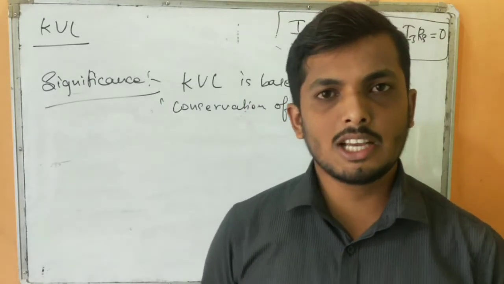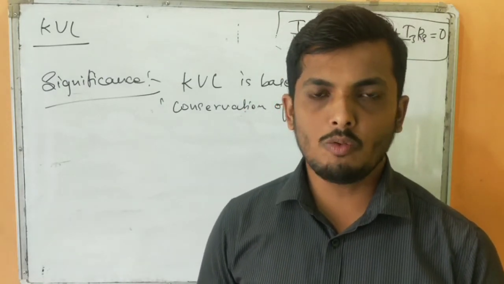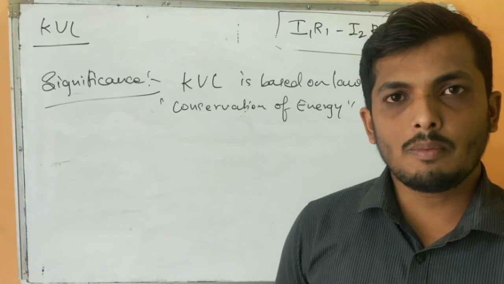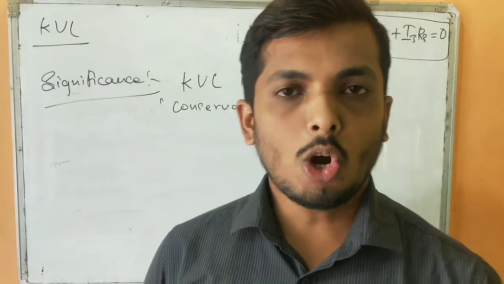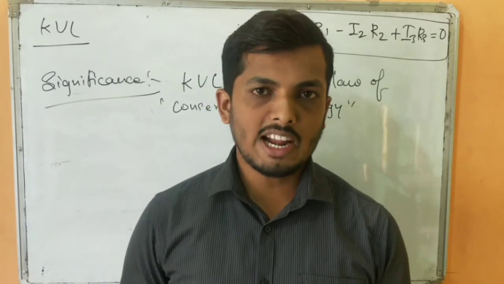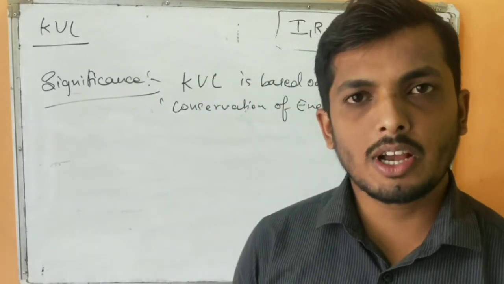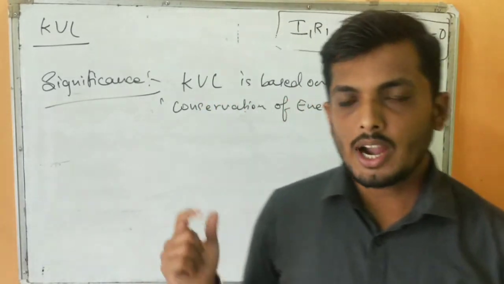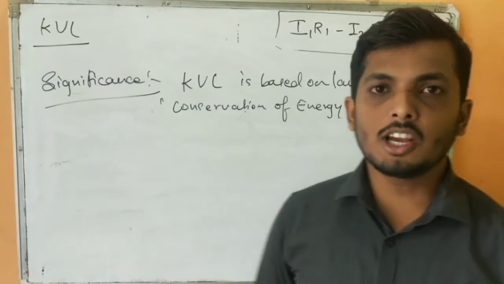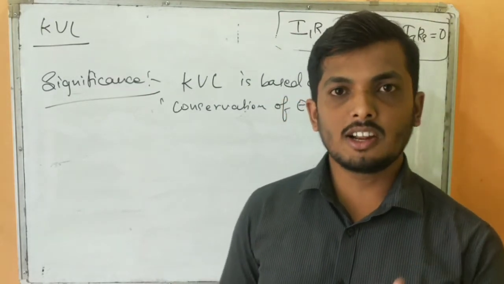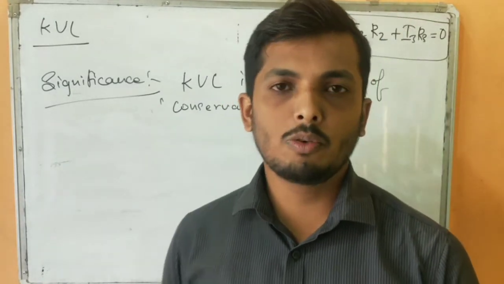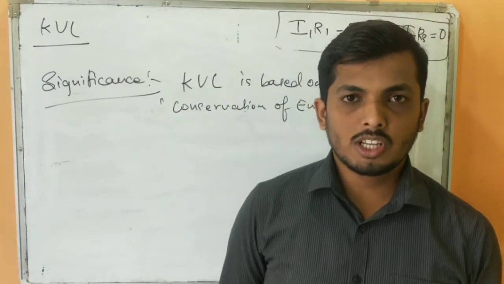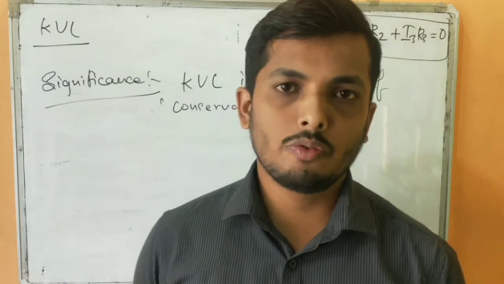The first one is the KCL law, that is Kirchhoff's first law. It states that the algebraic sum of the currents meeting at a node will be equal to 0. In short, the sum of the currents entering the node will be equal to the sum of the currents leaving the node. At the end, you have to take care of the sign convention. You should see which conductor is entering the node and which one is leaving. Entering, you consider positive, and leaving, you consider negative. The significance is that it is based on the conservation of charge.